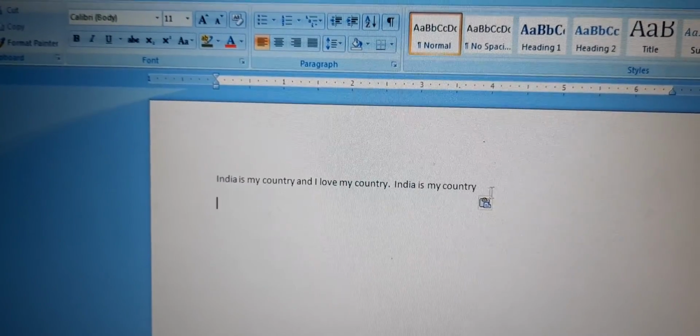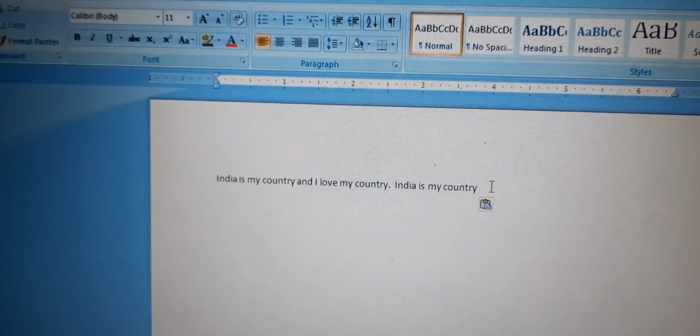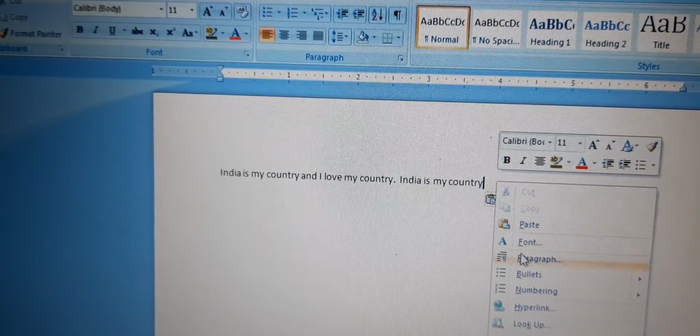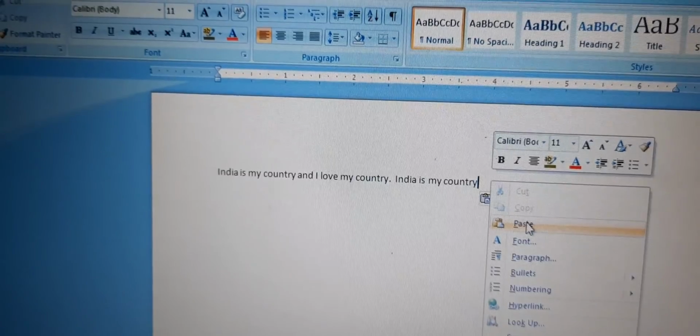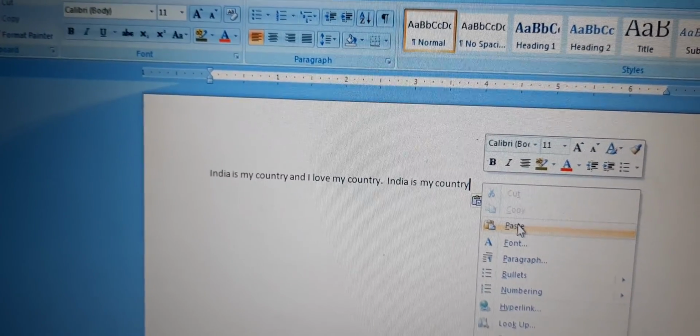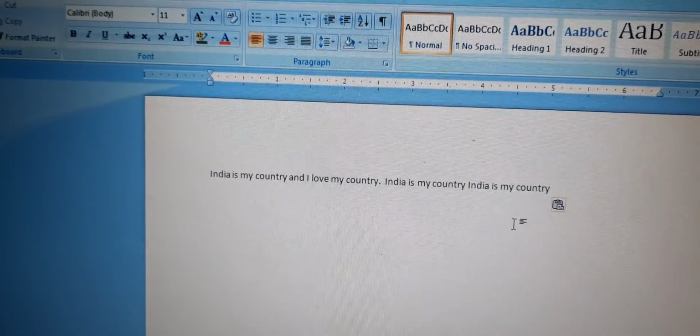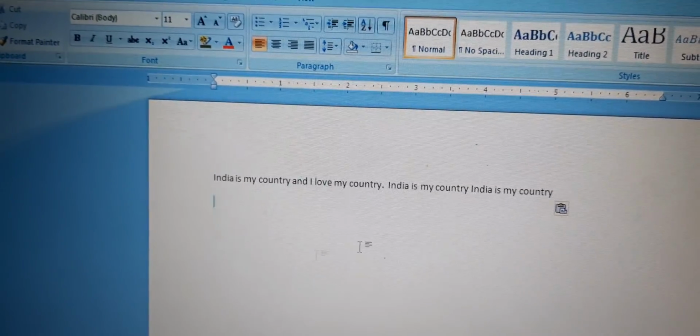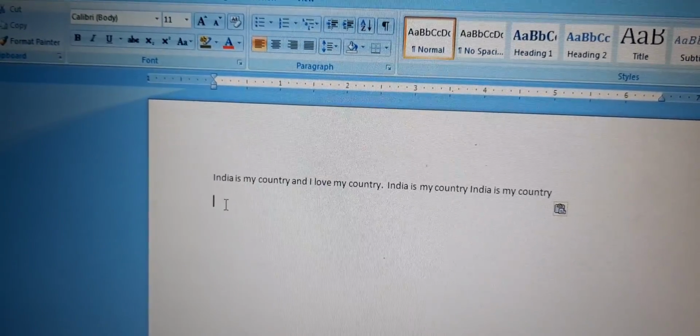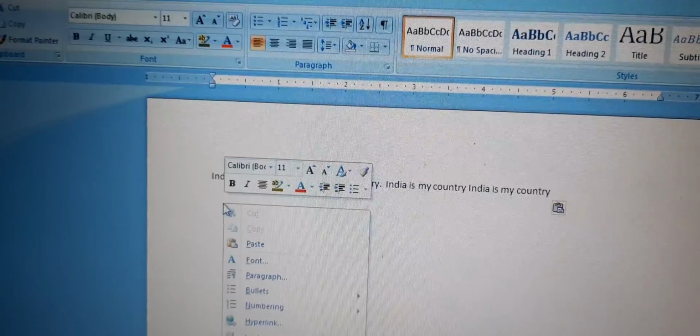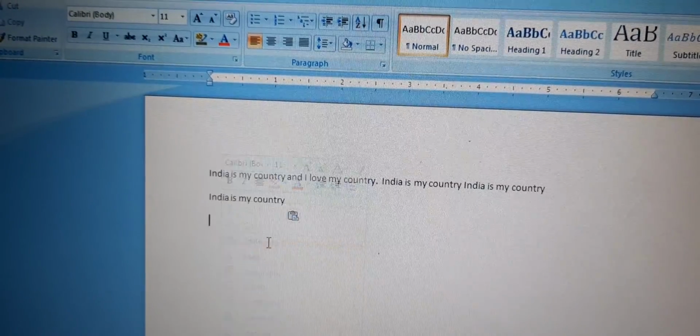When you right click, the menu will appear, and you can paste again. The text which was cut you can paste many times this way. You can see again, suppose you want to paste it here also, so you will paste it here as well.